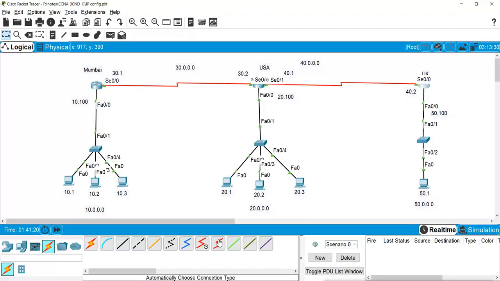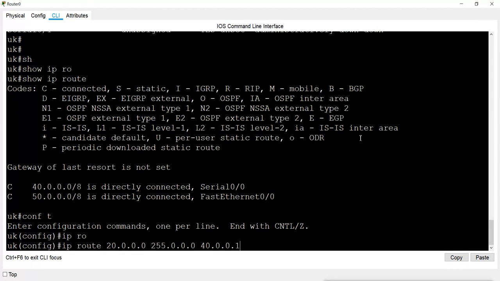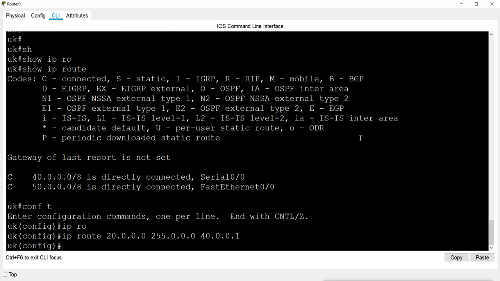If I'm sitting on UK and I want to go to this 20 network, I can only go from this cable, and the first router is USA, and the interface I made is serial 0/1, and the IP address of that interface is 40.1. So this will be my first hop address. Now there is one more network which this router doesn't know,